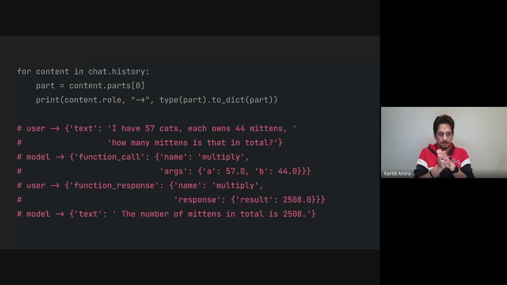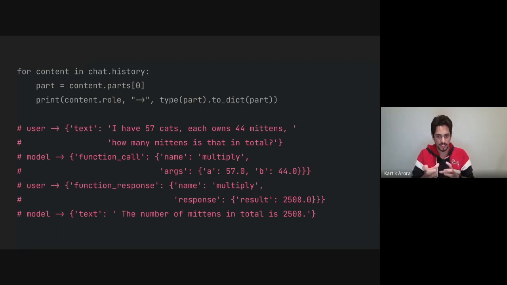Now, the user or my function will then execute that function locally and then send the response back to Gemini saying the answer is 2508. And then the model responds with a text saying the number of mittens is 2508.